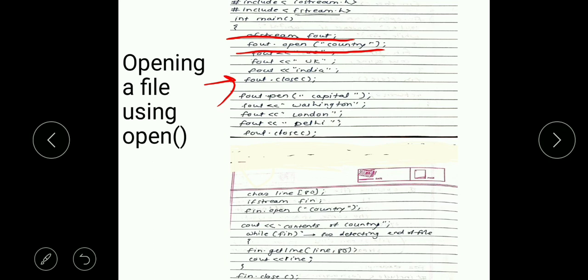Again with the help of this syntax we can read the data from the file. We create the fin object with ifstream, and we can read the data line by line by using the getline function and display that data, up to the end of the file.